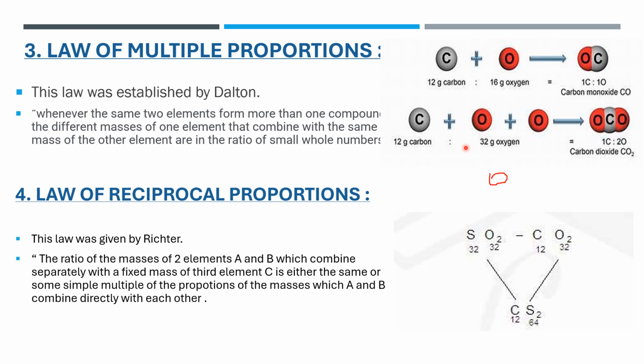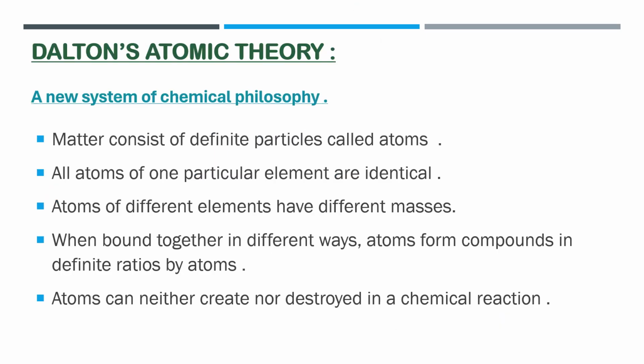So next we will move on to Dalton's atomic theory, a new system of chemical philosophy. He established a new system of chemical proportions in 1808, in which he proposed that matter consists of definite particles called atoms, and all atoms of a